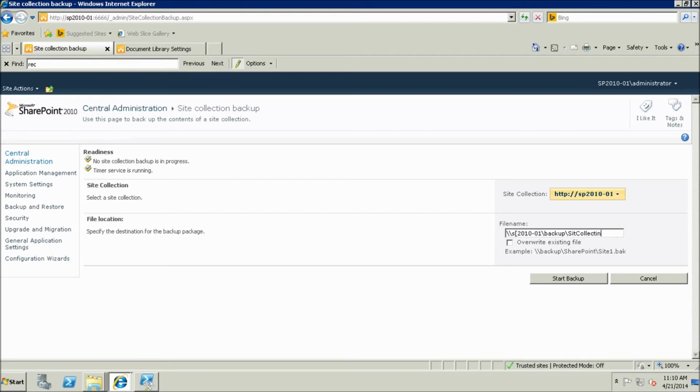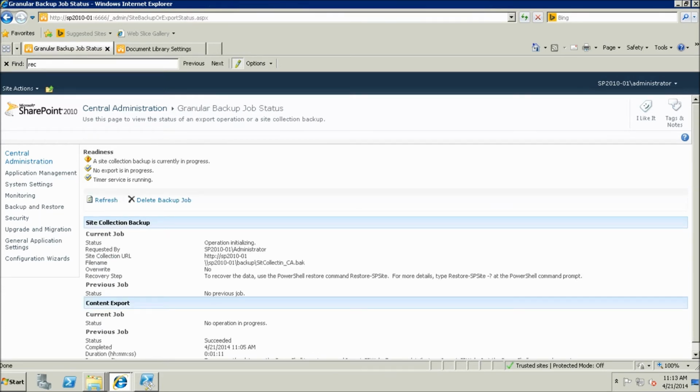and I will give it an indication like CA, as central administration backup, to distinguish it from the PowerShell one. I will add that after it, and .back. Okay, I can also overwrite the existing file if I check this. Okay, start backup. This screen is refreshed automatically, and you will find your backup files